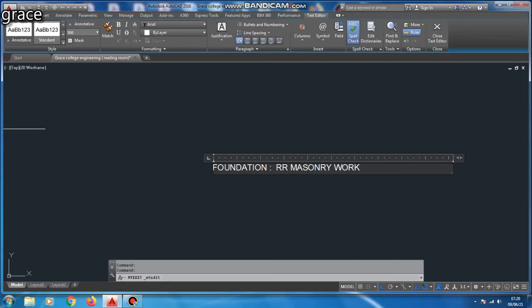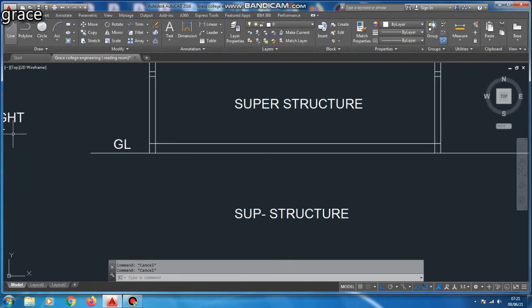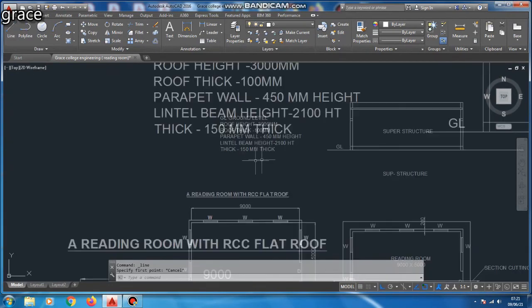So our foundation is made of RR masonry, and in this substructure we are using plain cement concrete. So it depends on you, whatever size you want to draw for the substructure as well as the superstructure.